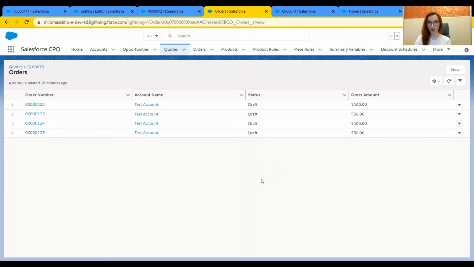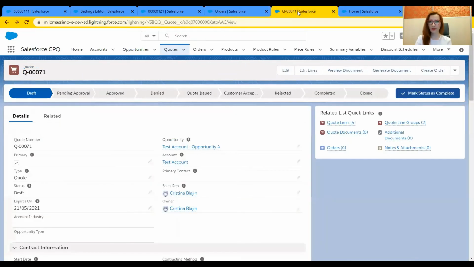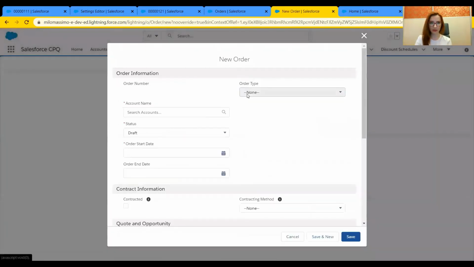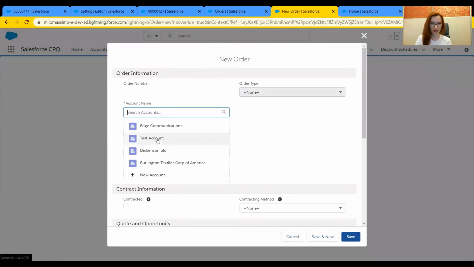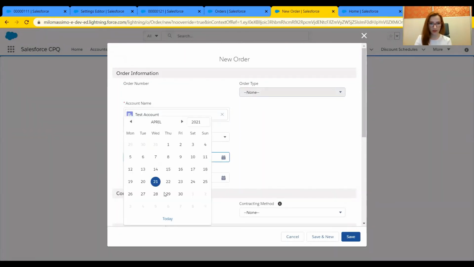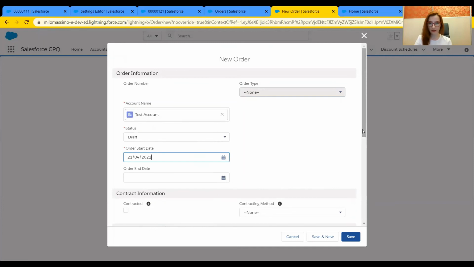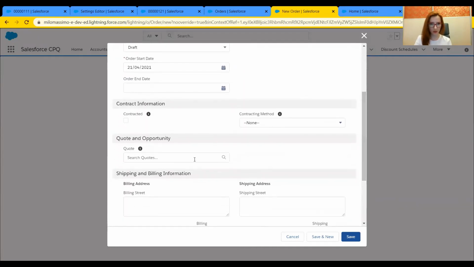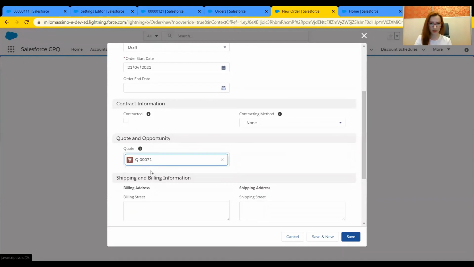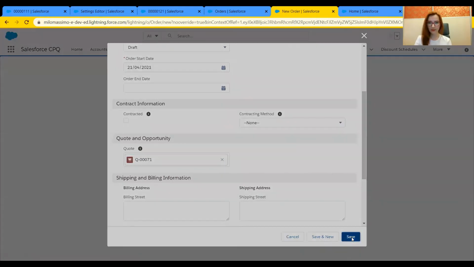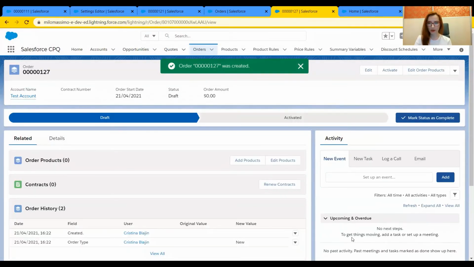And lastly, orders can be split manually. So here we have another quote with the same groups and the same product categories. After we click Create Order and we complete the details like the account name, order start date today, and the quote, okay, this one here, click Save. So we can go and edit order products,